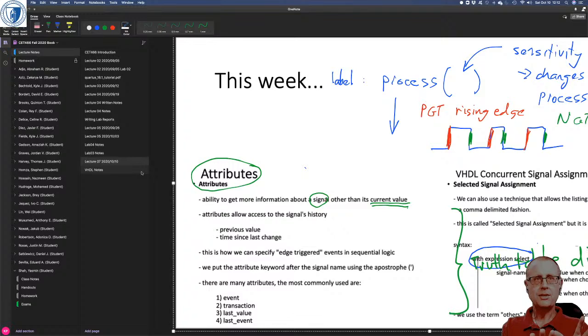Okay, any questions about either attributes or the with select? I do need to come back to the attributes to show you how that last value really works, because that was a little confusing, I must admit. I find it confusing, so I'm assuming you found it confusing. Not that the idea of last value isn't pretty straightforward, but it just doesn't seem to be working the way I would expect. So, if there are no questions about that,